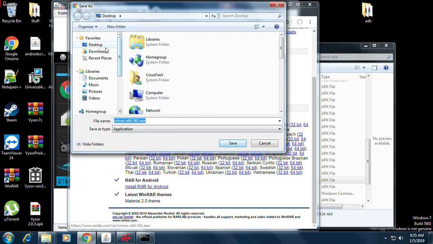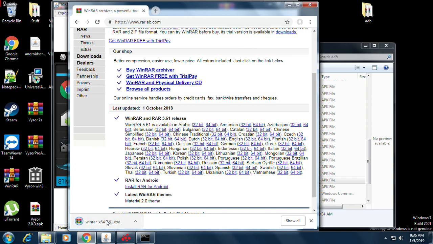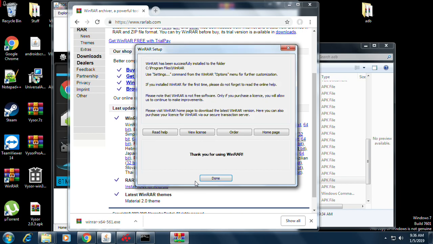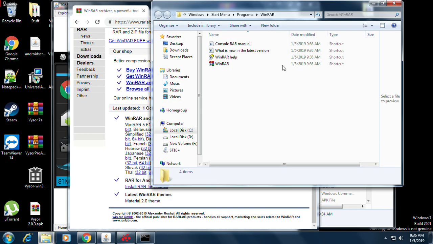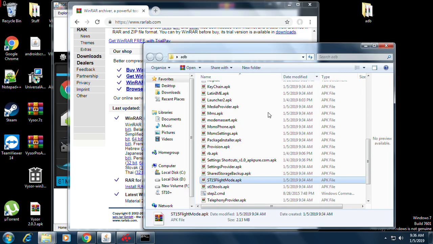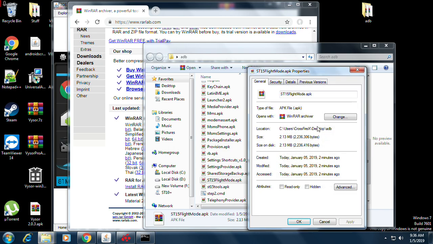Save as to desktop. Actually, downloads, that's fine. There we go. Then I can open up this executable here, install, and done. That's it. It's that simple. You can close out this window that pops up. Now you have WinRAR. Then what you want to do on yours is right-click the APK, go to Properties, Opens with,